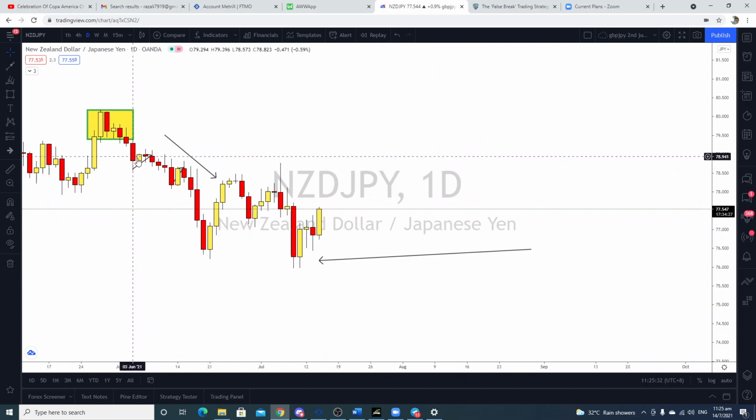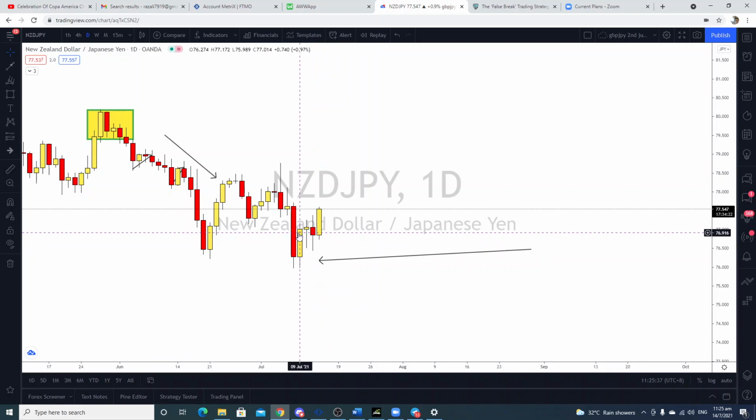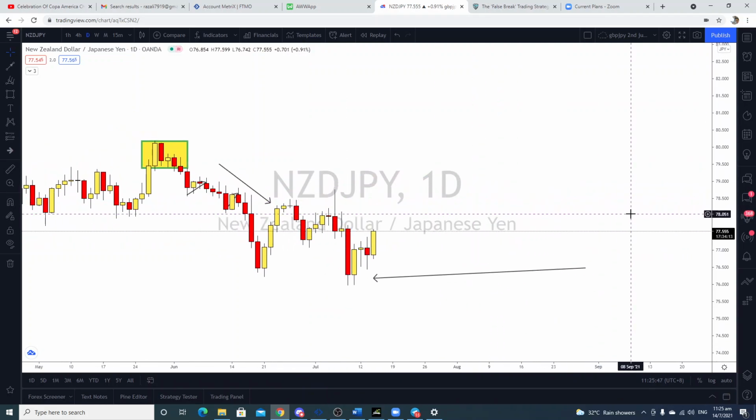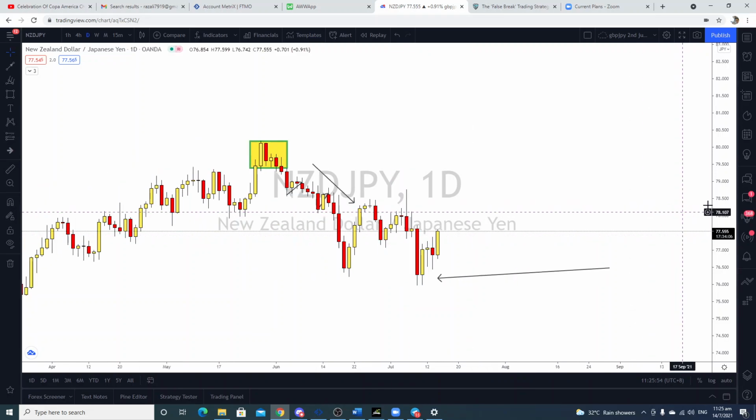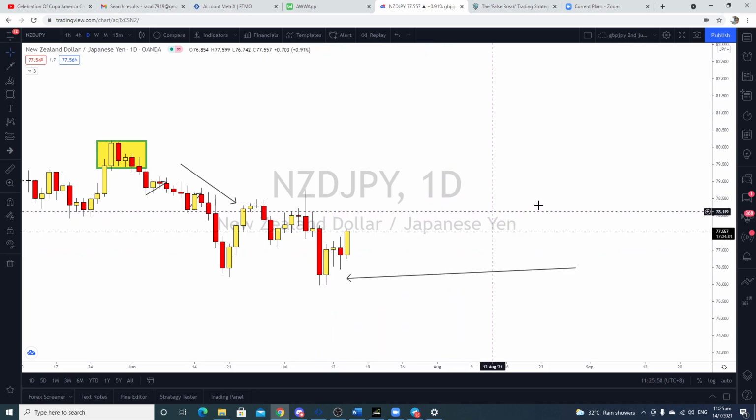So when I see this, I know that people might want to look for a sell in this case, despite this weak sell momentum. So momentum plays a very important part in your trading. Momentum means how fast or how strong or weak a buyer or a seller is. So from there you can make your buying decision. For me, I like to buy when sellers are weak, or sell when the buyers are weak.